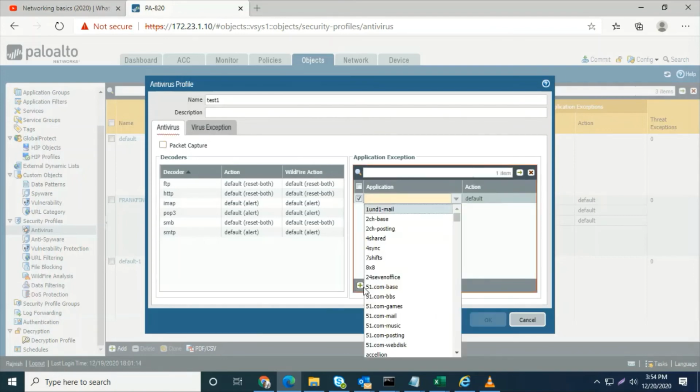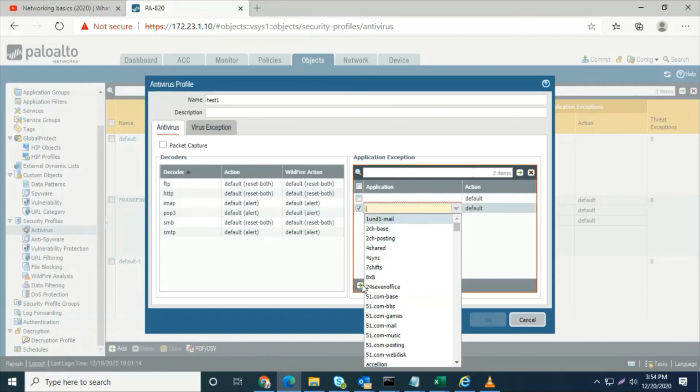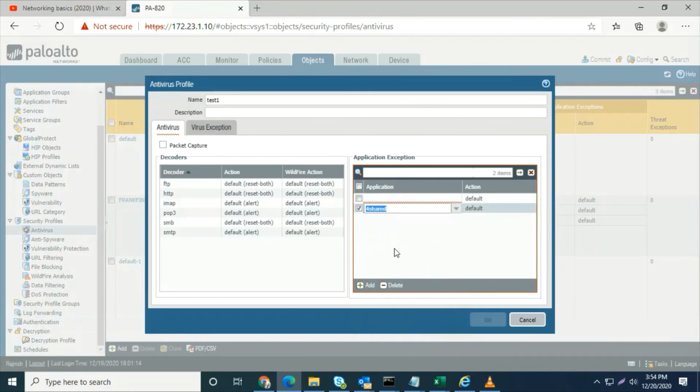If you want to allow something, an application, this application will not be filtered in this policy. So this policy will be allowed; this application will be allowed. So we apply it in the application tab. In the application tab, like shared, for shared allowed.